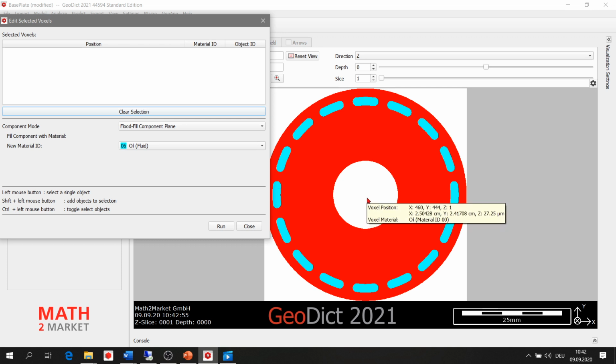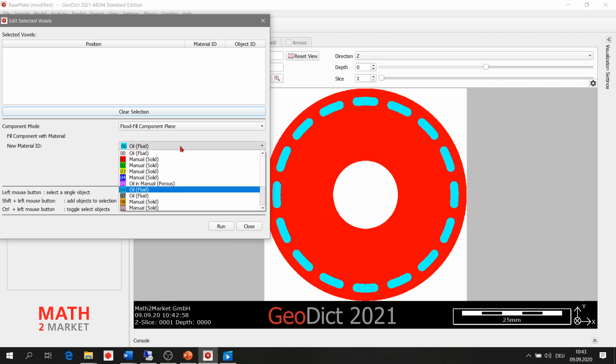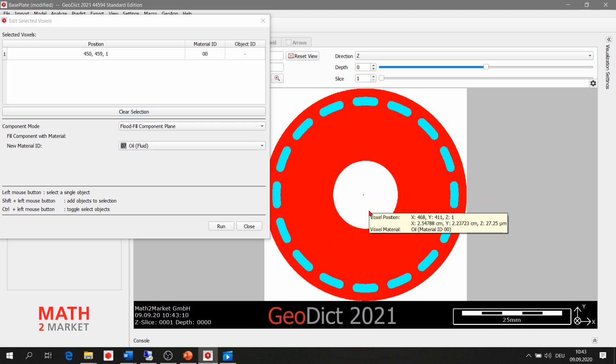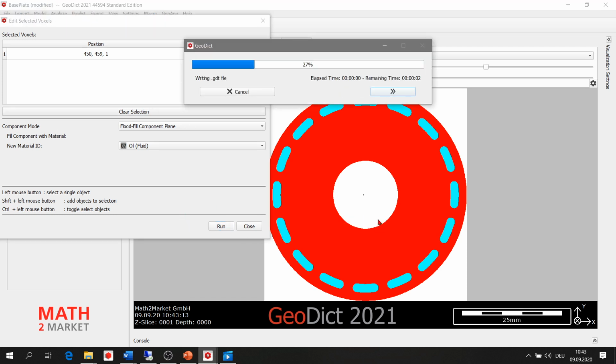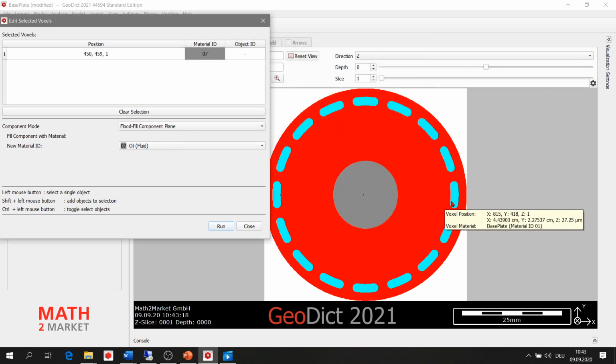And then we have also to select the outlet plane, again as a flood fill component plane. Then assigning this to a new material ID 7. We select the point here somewhere in the middle and then click run. So we will have the outlet plane with a gray color here in the middle.